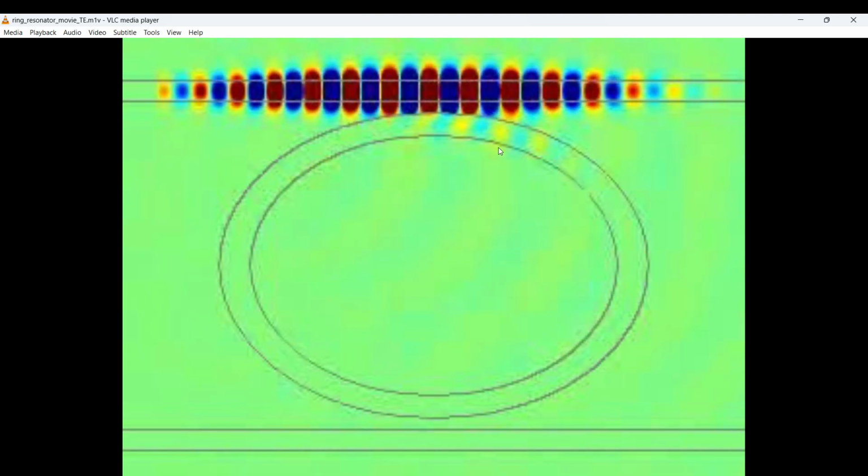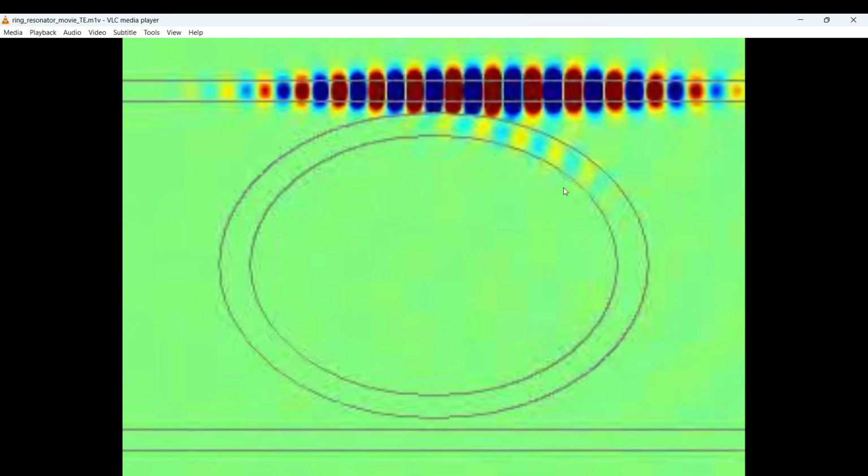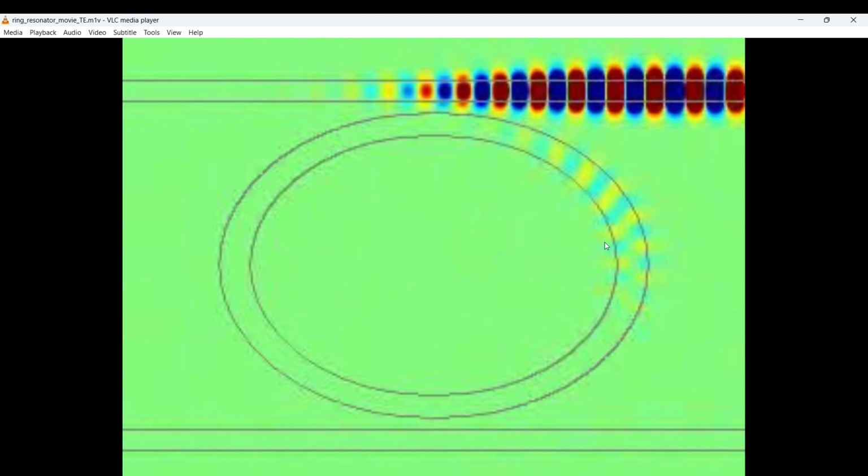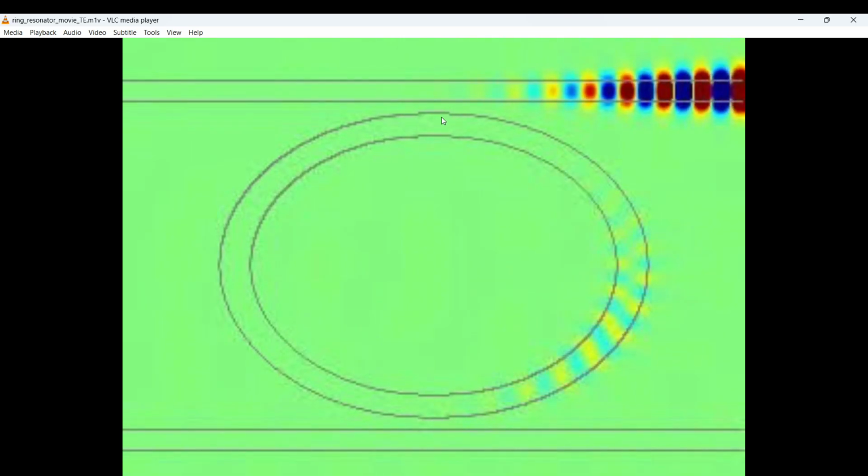And then some part of it is starting to get coupled in the ring. But the coupling here is very small, as you see. So there are a couple of things that we can do to increase the coupling. We can increase the coupling length, or we can reduce the gap. But then we are limited by how much gap we can go to.